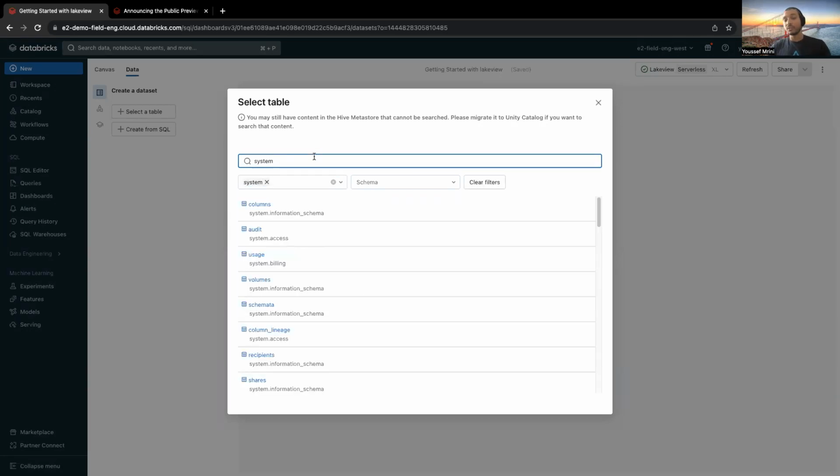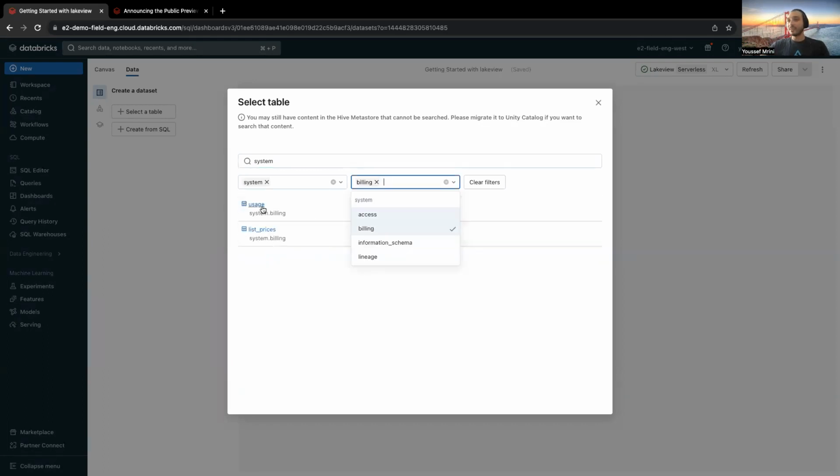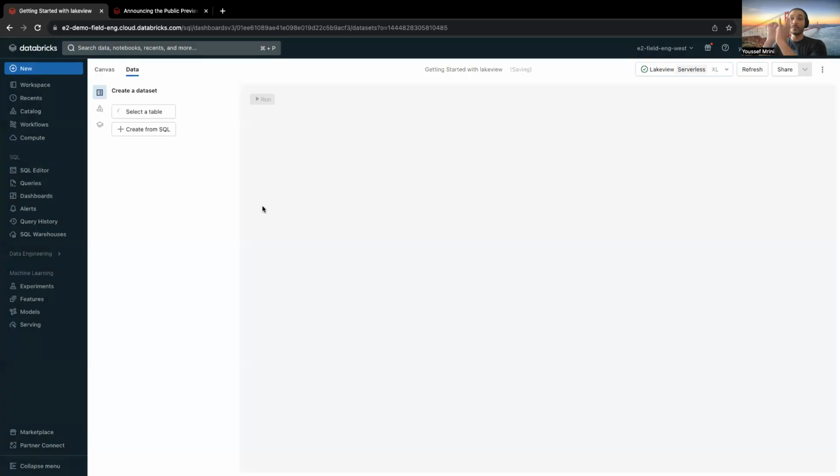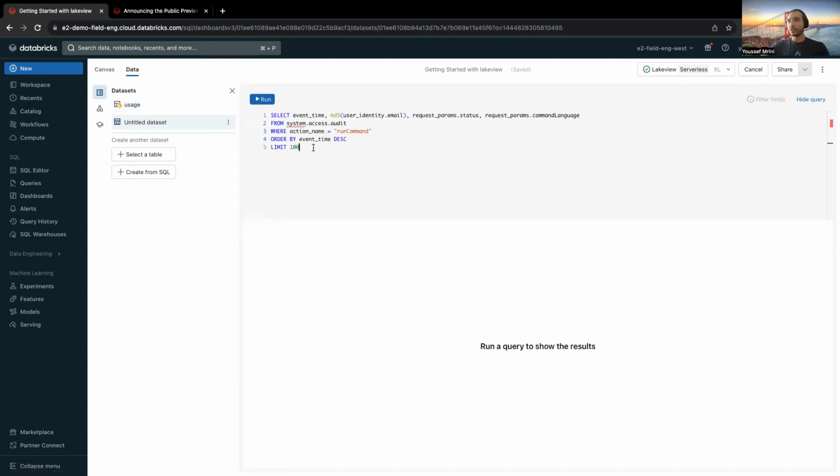For those who are not familiar with system tables, they are a pretty exciting feature you can leverage. I'm going to use the billing schema, and here I'm going to add the usage table. So this table will be bundled with my dashboard, and I can also add my specific query. I already built one. What I did over here is encrypting some emails, and I'm getting the status of whether this query failed or not. So let's call it usage